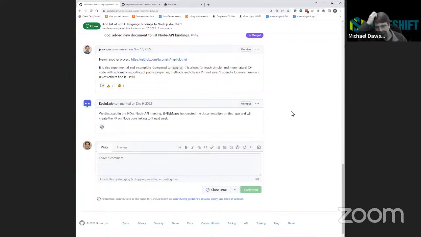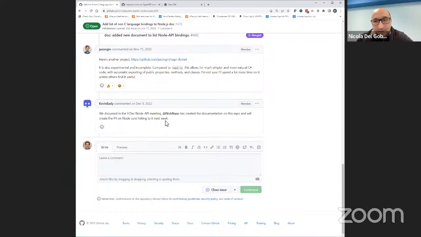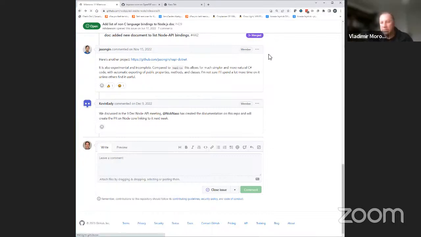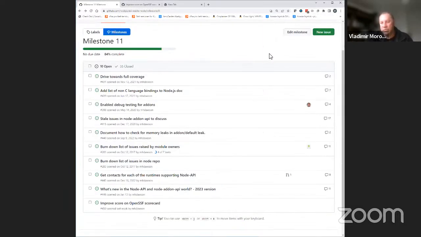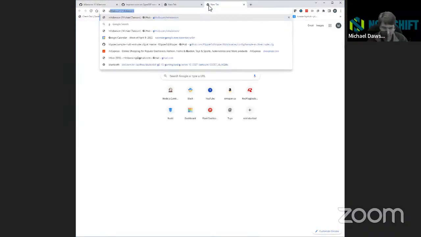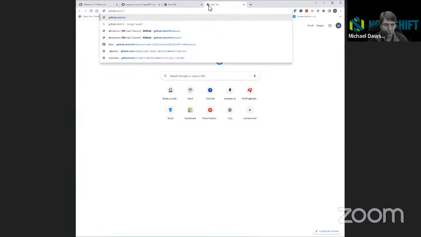Right. Okay. It's because I want to do some research first. No, that sounds good. I just forgot the last thing was to have a link in the Node repo. So that's what you're still working on. I think there is an existing project. Are you referring to an existing project using FFI through Node API? Well, I think it's the list of, like, we have in here. Where is it?